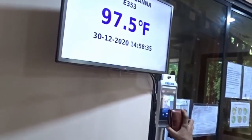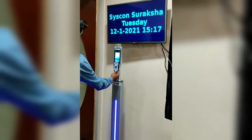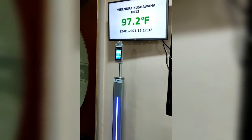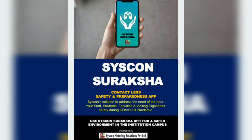The recorded temperature is also instantly relayed to preset control stations such as the Office of HR or head of the institution or any other point as desired. The scanning time taken by the system will be less than 5 seconds, thus making the triaging process for febrile individuals faster, functional, and efficient. It's time to ensure safety of the premises and workforce with this hassle-free technology at astonishingly